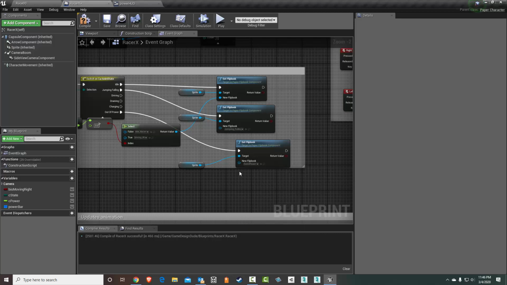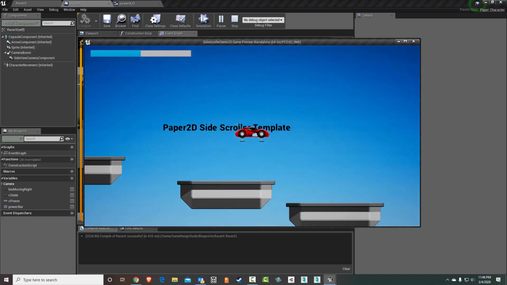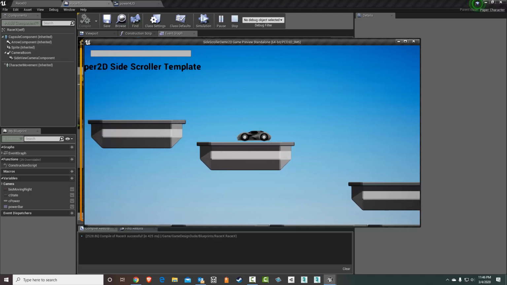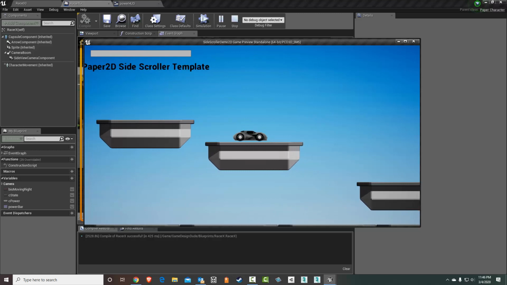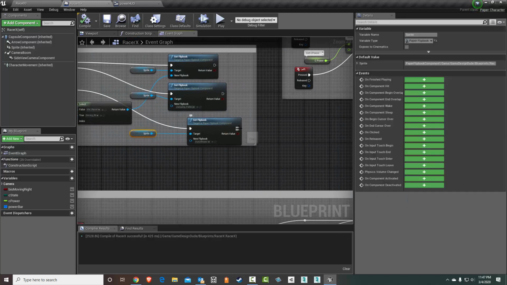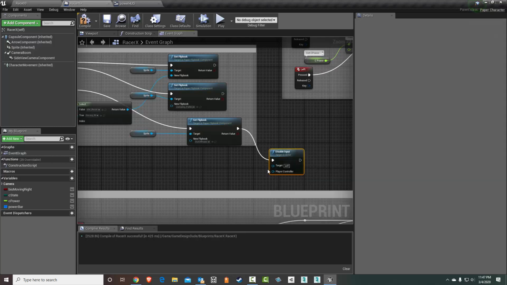Grab our out of power. Right. Save that. I think that should be it. Let's play and test it. So let's go back and forth. So nope, no depletion unless I'm going left or right. Now it's made our car turn gray, which is my indication for running out of power, but we're still moving. So let's go ahead and from our flipbook, drag a disable input